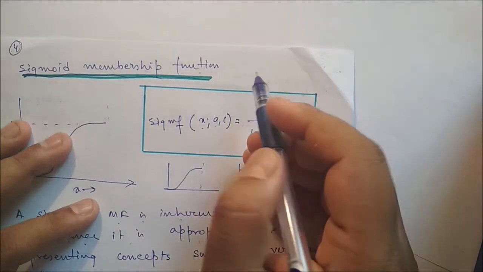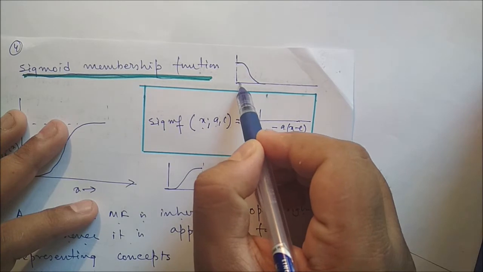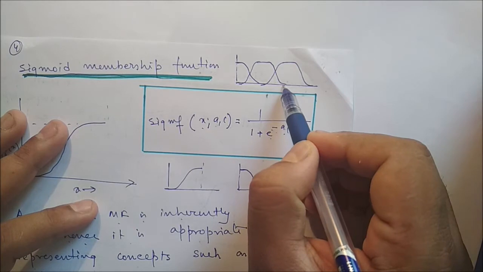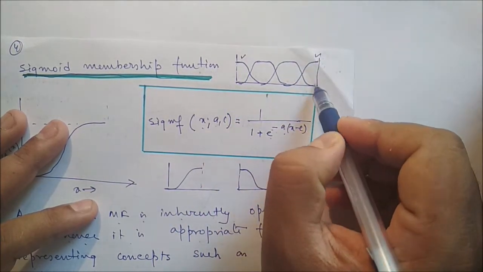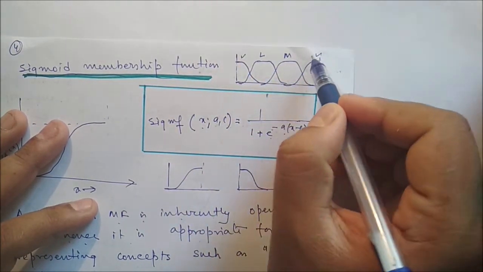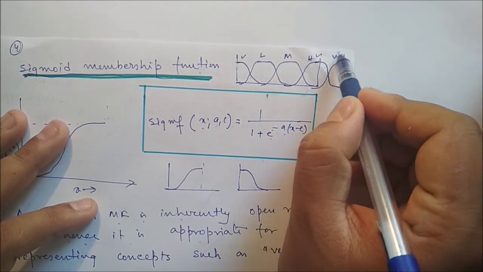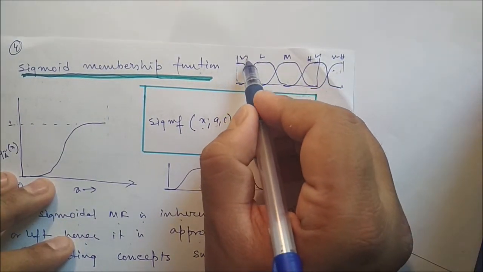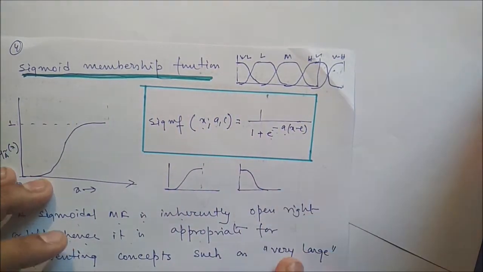Okay, now generally the membership function will be what? It should be like that. Say it is open right, then it is generalized bell shaped, and then open right. So this is open left, this is open right. For this, you can write low, medium, high. High may be this way, and then it is very high. For very high, generally we may use the sigmoid membership function, and for very low we may use the sigmoid membership function. Are you getting this one?